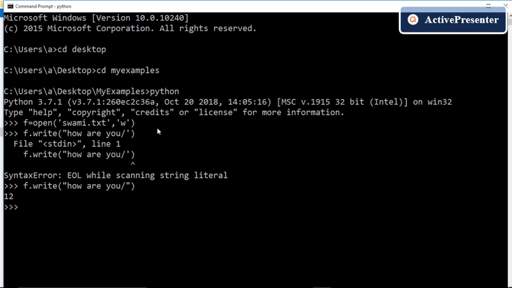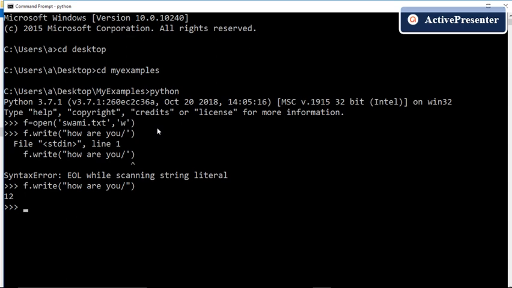The actual reason for this is that the content whatever we are writing here is present in the buffer area, and when we close the file or when we use flush operation, then only the content of the buffer gets flushed out and it gets transferred to the original disk file.